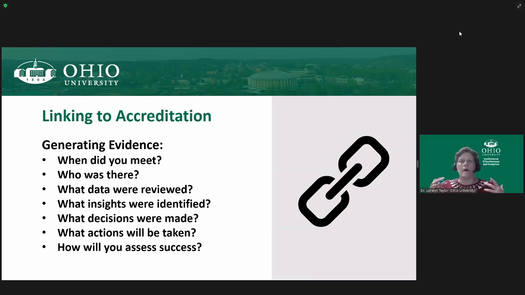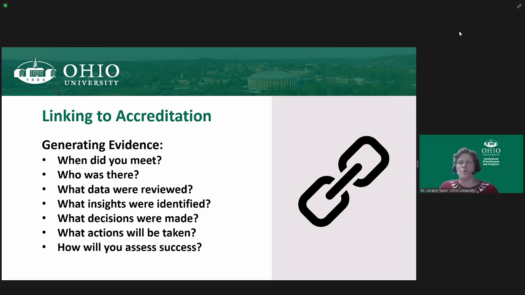So here, I often run into issues on campus where people think that generating clear documentary evidence for accreditation purposes is going to be a big time-consuming burden. And they're like, well, we use data. We know we do this, but we don't have any evidence for it. And so we try to remind people and actually give them a template